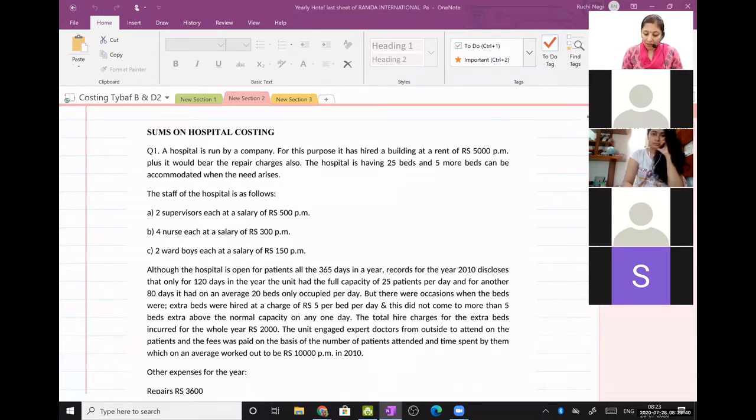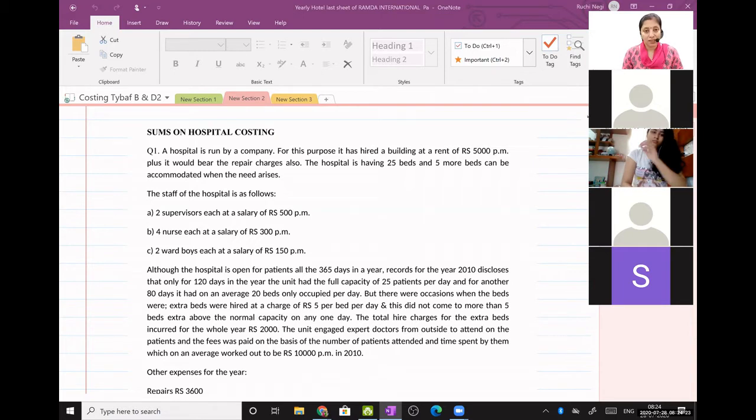Okay, so here's the question. Actually, for hotel and hospital cost sheet sums, there is no fixed format of making a hotel cost sheet or a hospital cost sheet like the transport cost sheet. Transport cost sheet format is given by CAS 5, but hotel cost sheet and hospital cost sheet format is not given by CAS 5. So the classification of total cost as fixed and variable will depend on the definition of variable cost and fixed cost in connection to the type of cost sheet you are preparing.